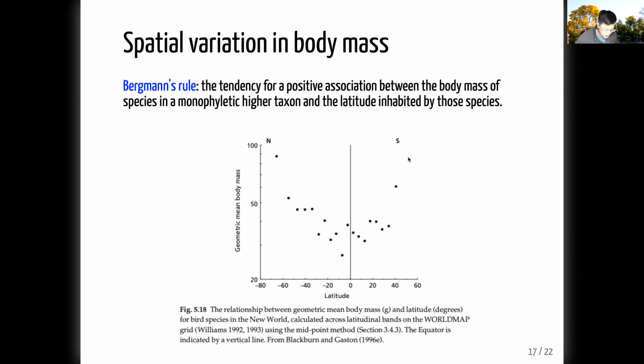But also, we can think about starvation resistance. If in a cold area you have less food, then you probably don't want to starve. So if you have a large body mass, you potentially will be more starvation resistant. But also there are other hypotheses regarding evolutionary history or dispersal ability, things like that. If you're interested, I'm sure you can find papers about that, and we are not going to cover that here.